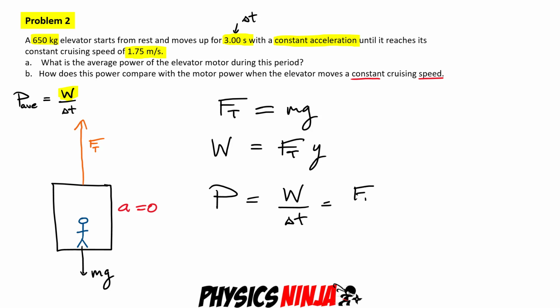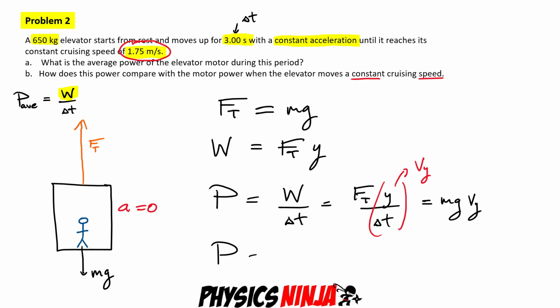Again, the work is Ft y over t. Again, y over t is what we call the vertical velocity, Vy. Vy is this cruising speed here of 1.75. So all we do now is substitute our values. So you have mg multiplied by Vy, my cruising speed. So my power is going to be, the mass is 650, little g is 9.8, and now my speed is 1.75. All right, we put all of those numbers in the calculator, and you should get